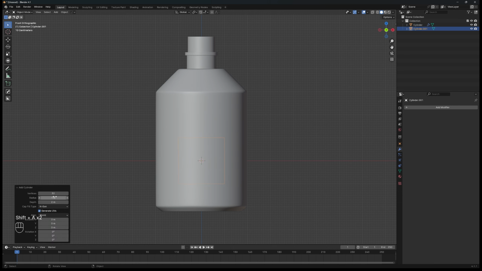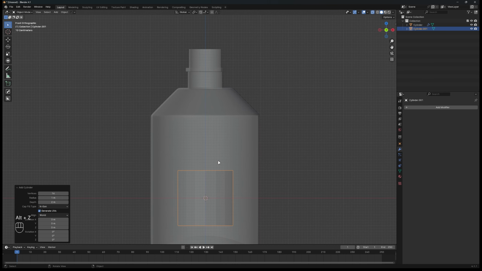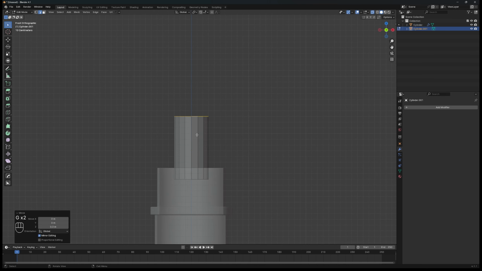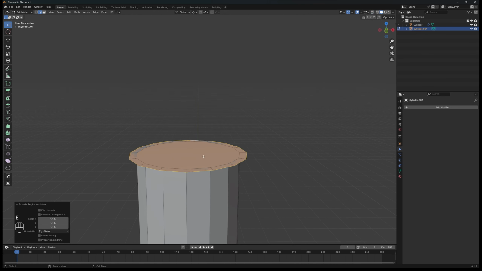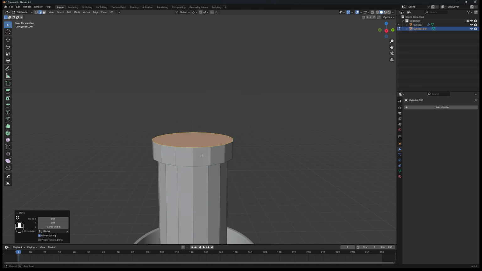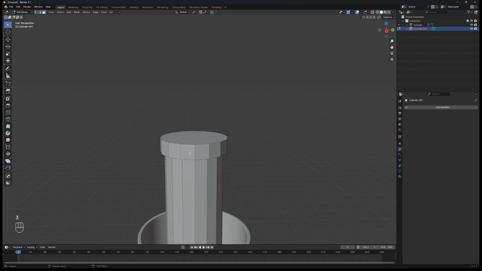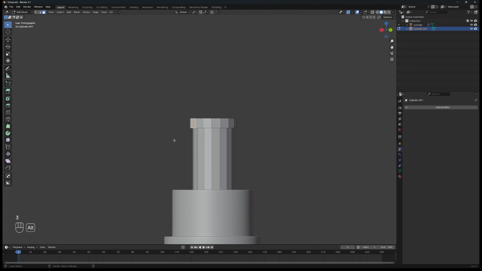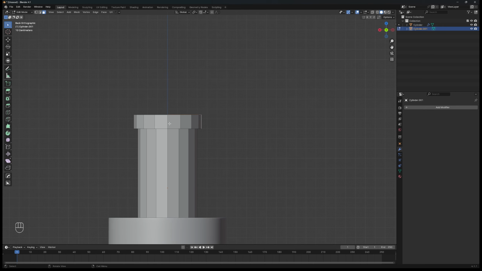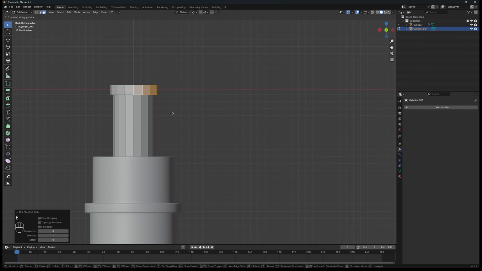After you have done that, now we add a cylinder again, but now the vertices is only 16. Change the vertices on the left bottom and unfold the add cylinder option. In object mode, move the cylinder to the top and arrange the positions a little bit, then extrude and scale the top edge. On the front view, select half of the face with left click and holding Ctrl, then extrude the selected face away and straighten the face by pressing S.